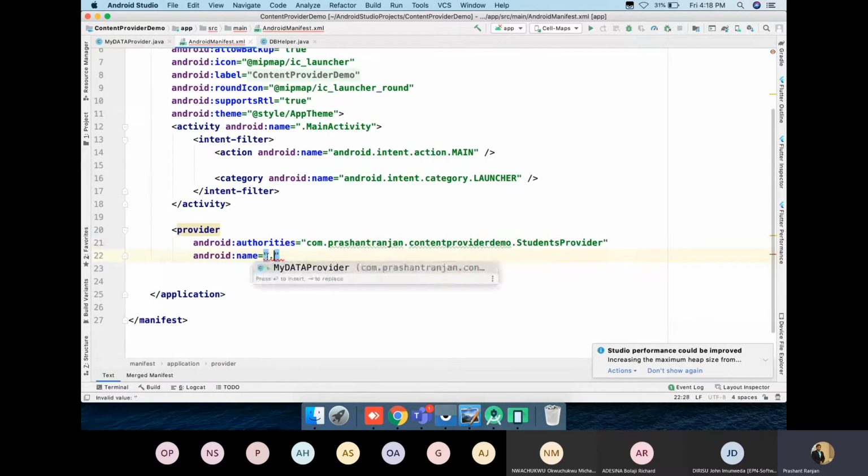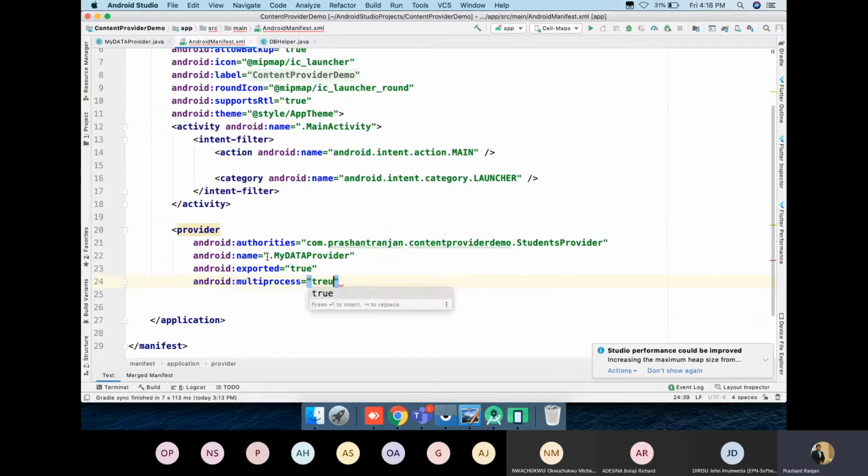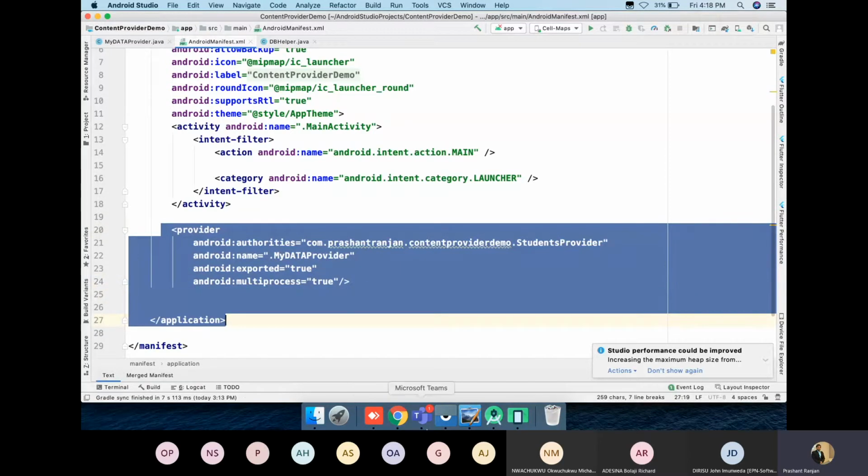And the name will be the class of the data provider. One more property which we have to define, exported, that can be true. If you are also going to work with multi-process, it's going to be multi-process. Through this way, we can register the content provider.